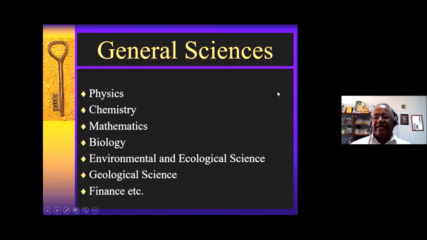Now, since the definition is clear, I will go in the order. If somebody wants to become a good ocean engineer, this is LKG, UKG. I am telling first, LKG, UKG, what you have to do. First, you have to learn physics, chemistry, mathematics, biology. These four are core sciences. Everybody will learn them from first standard till 12th standard. These are core. Then you also need to learn environmental science and ecological science. This is another important discipline we have to learn.